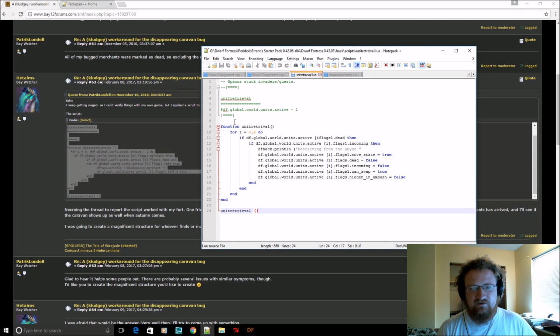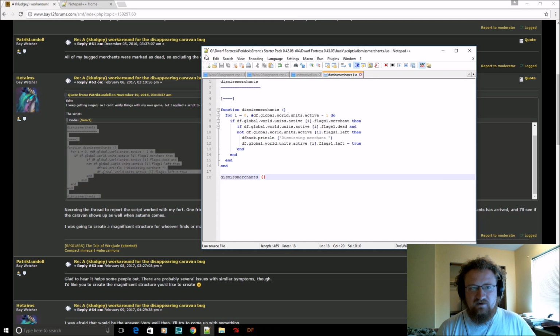Now I've got a few other things here. This will retrieve the units if it's a lost siege. If the siege got stuck, you can use this to retrieve the siege and hopefully get it unstuck. And those 2 are homework assignments that are for some reason popping up in here. There's another one. If I open that one up,